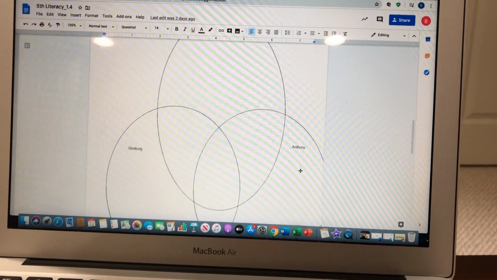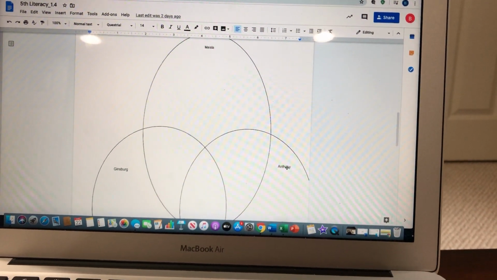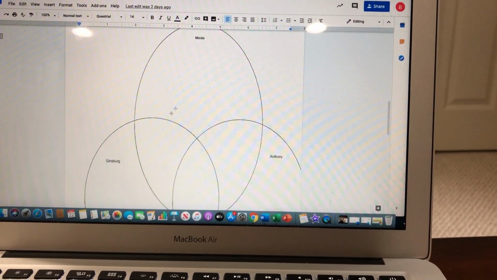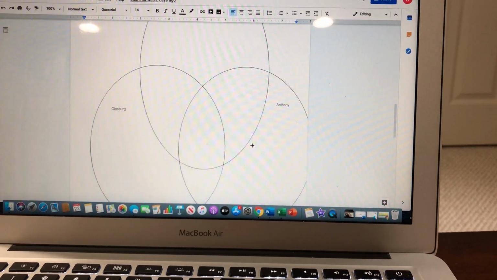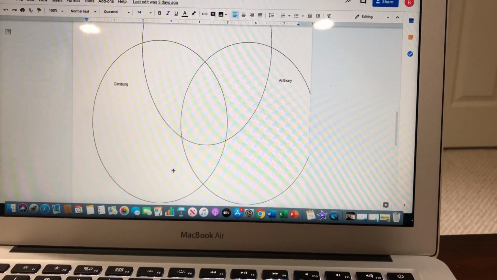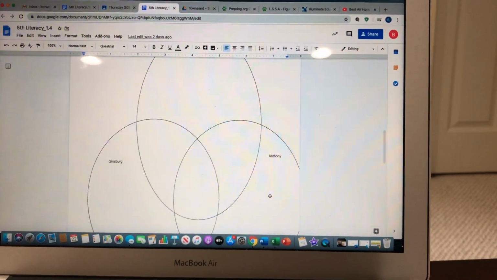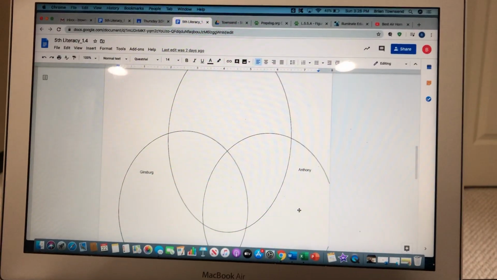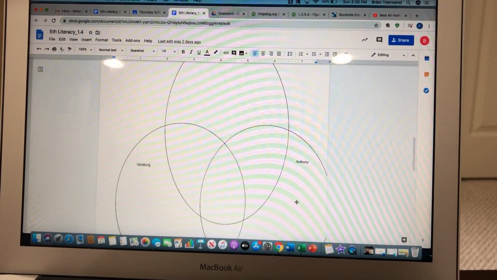Those are three examples. I want to see if you can come up with some more to tell me either how all of them are the same, or how Ruth Bader Ginsburg and Malala might be the same, how Malala and Susan B. Anthony might be the same, or how Susan B. Anthony and Ruth Bader Ginsburg might be the same. You do not have to fill all of the circles, but there should be at least enough information there that you can write three examples of how they were similar or different.